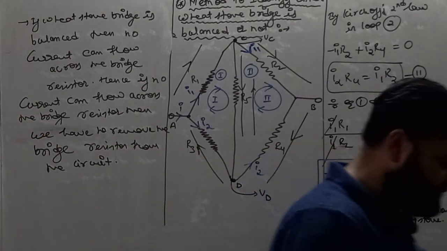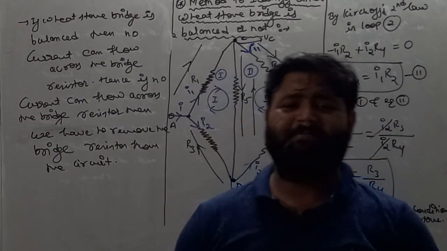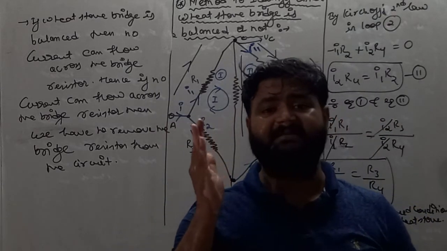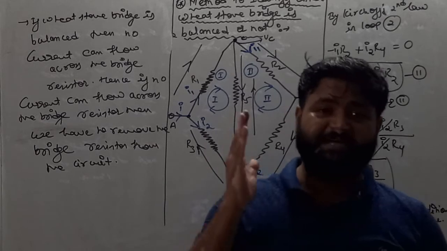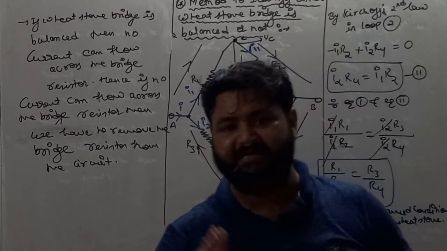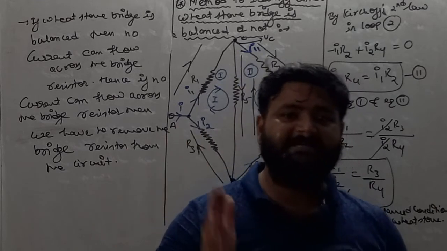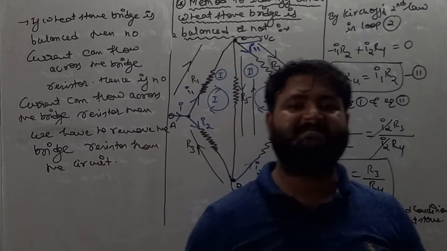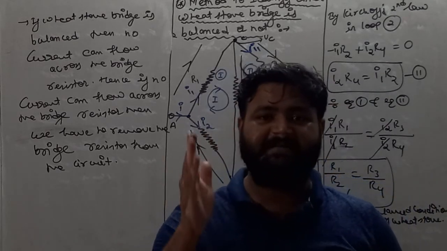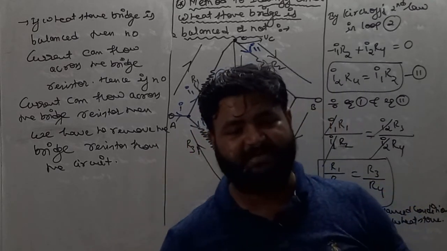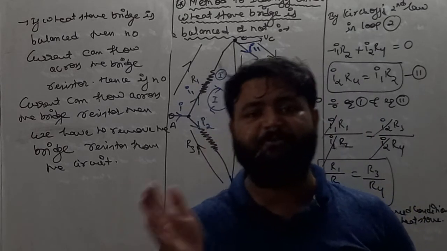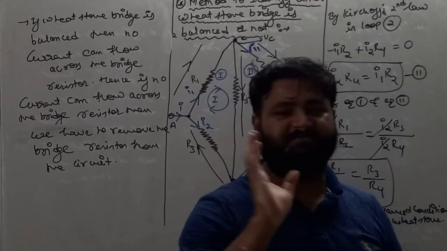So remember, my dear students, I hope you all understand, because Kirchhoff's law is not quite so difficult. Just remember the sign convention. If your direction and the current direction across the resistor are the same, then write minus IR. If they are different, then write plus IR. In the case of a battery, if you move from positive to negative, write minus V. If you move from negative to positive, write plus V.